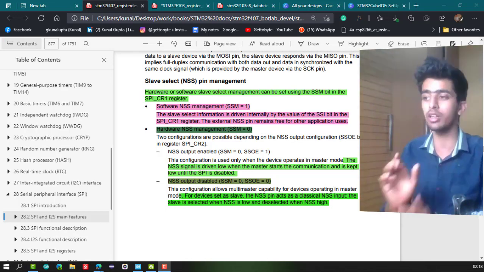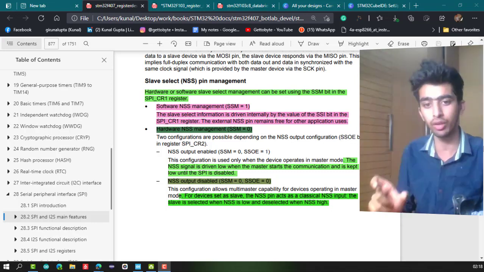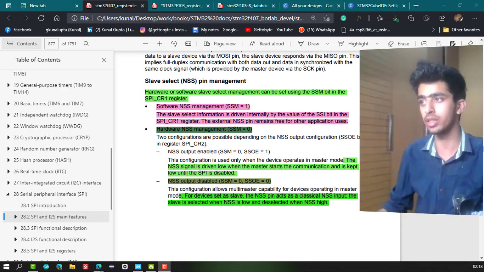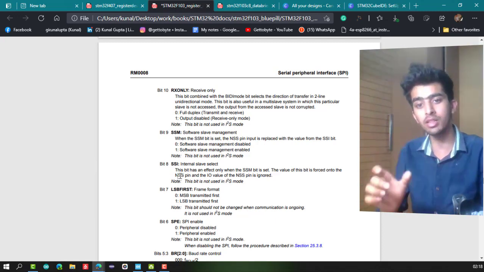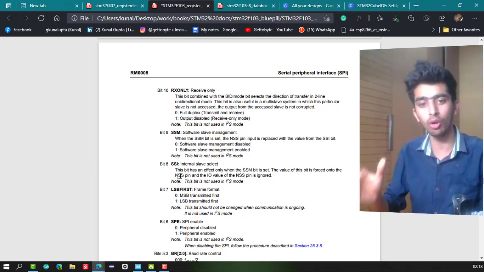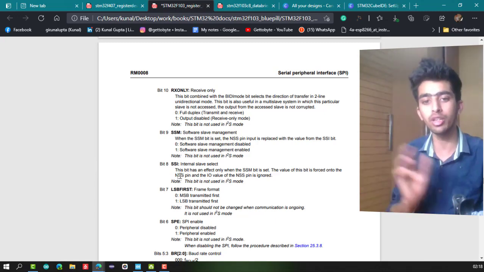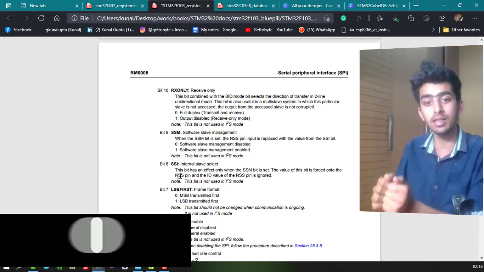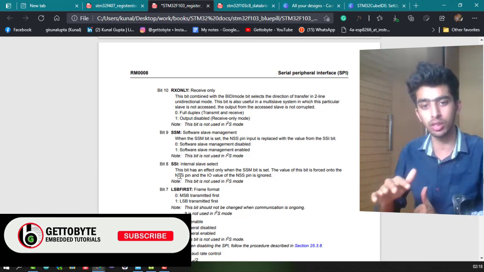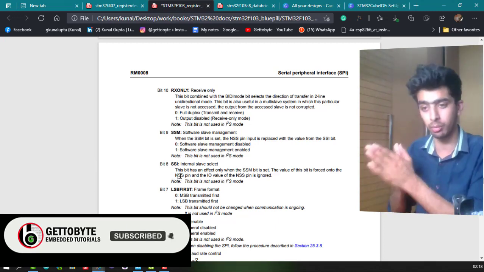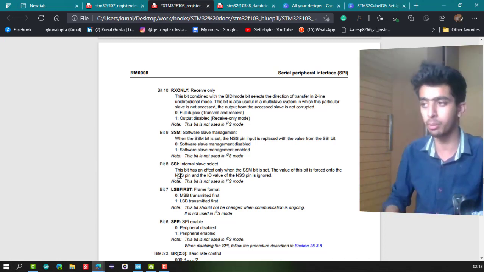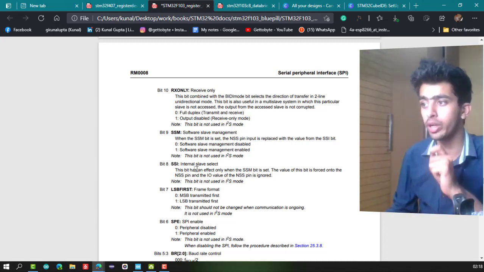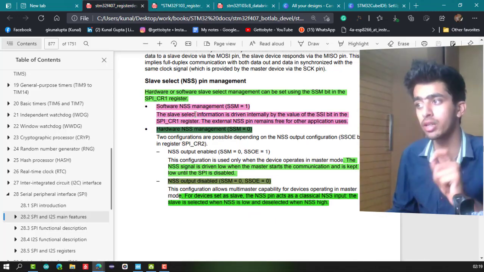In such a case, there is a bit in the microcontroller SPI peripheral, which in STM32 is the SSI bit. This bit controls the slave select NSS pin. If we write 1 on the SSI bit, it will be considered that the pin has received a low signal, so my SPI communication will work. When I write 0 on it, it will be considered a high value, and then no SPI communication will happen. That is what we mean by software NSS management.